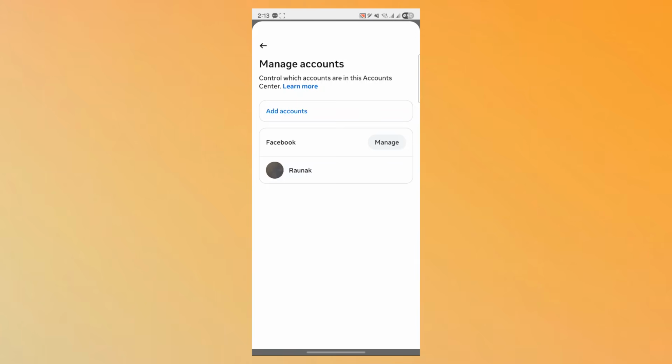This means your Instagram posts will no longer automatically share to Facebook and the two accounts are completely separated from this point. So that's how you